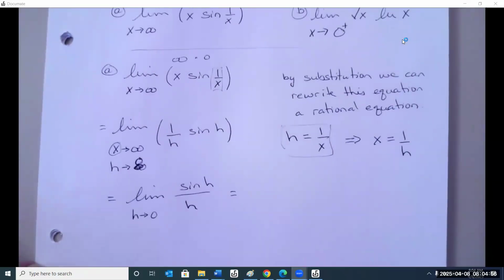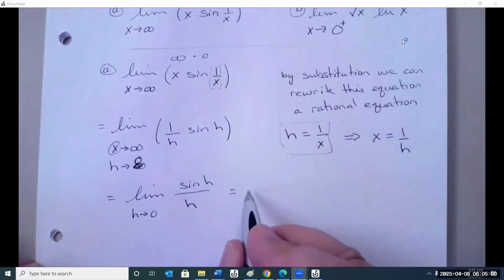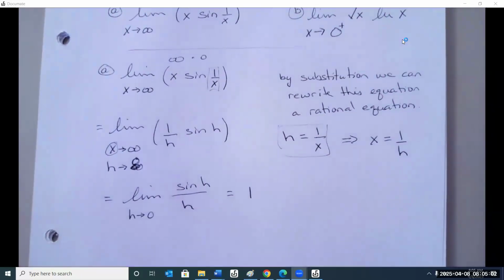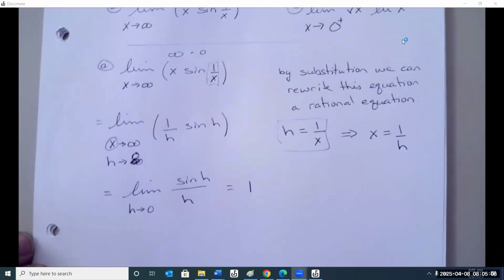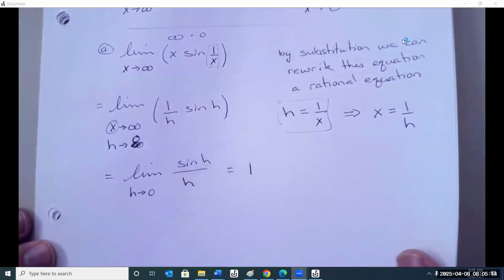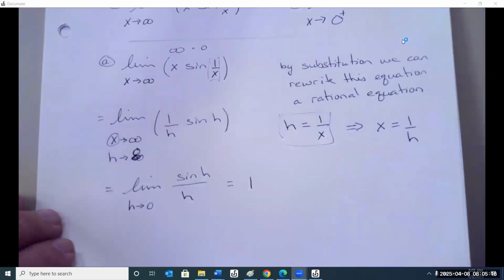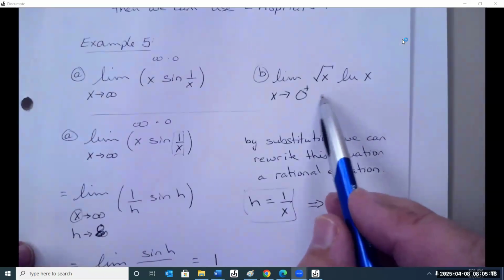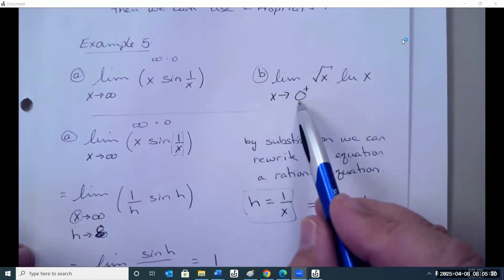From the squeeze theorem, the limit of sine h over h as h goes to 0 is 1. We did that in chapter 2. Again, by using what we've done already or algebraic manipulations, we can rewrite these things and solve our equations much faster. The second one, let's look at the limit as x goes to 0 from the right